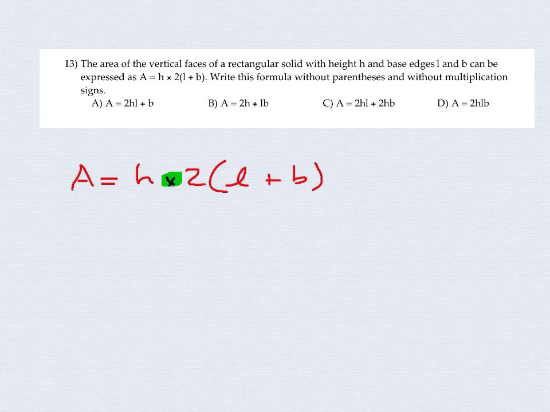So they want us to write it without parentheses or brackets and without that X sign. So H times 2 is 2H. Better to write it as the coefficient first, the letter second, and then if I rewrote it as L plus B, then to clear that bracket, we could apply the distributive law that states that 2H times L is going to be 2HL, and then 2H times B is going to be